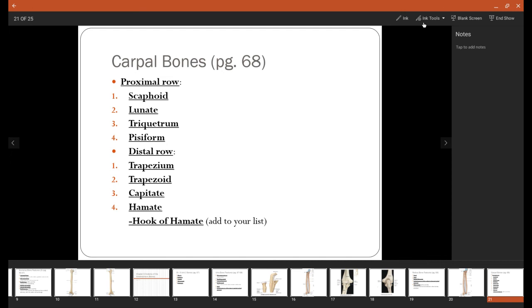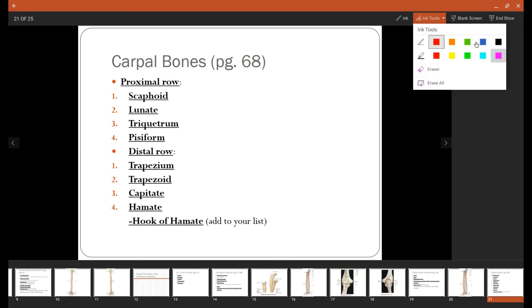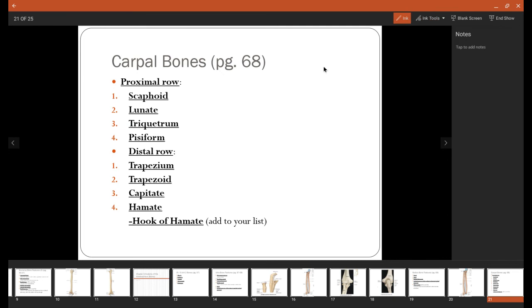Now, everybody's going to have their own saying or mnemonic for the carpal bones. So I'll give you the one that I use, and then if you need to Google different ones or if another instructor has a better one, just go with whatever works for you. But the mnemonic that I know of for this is